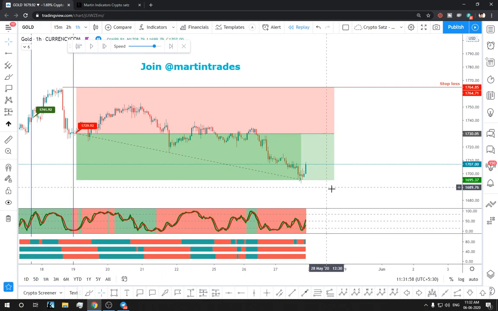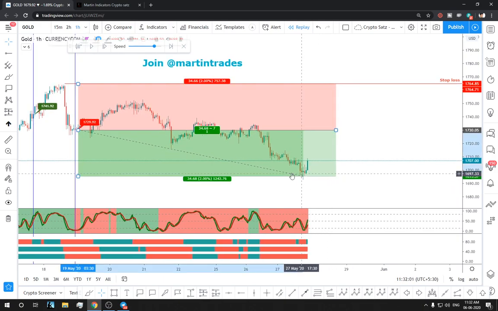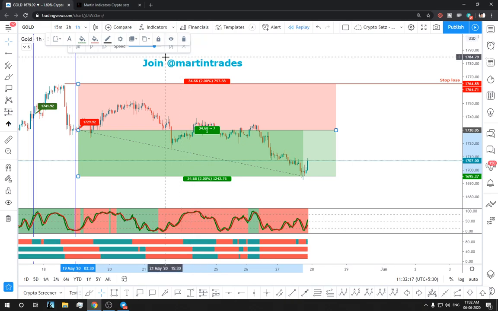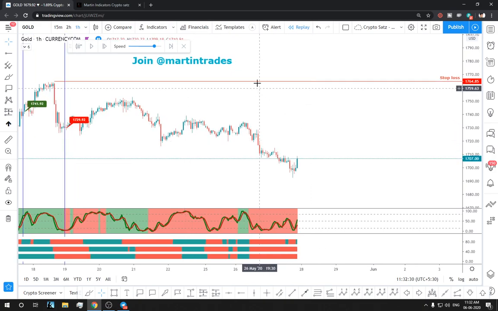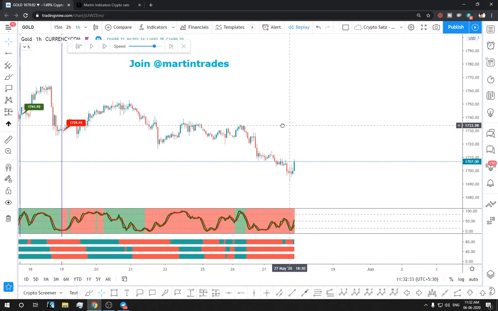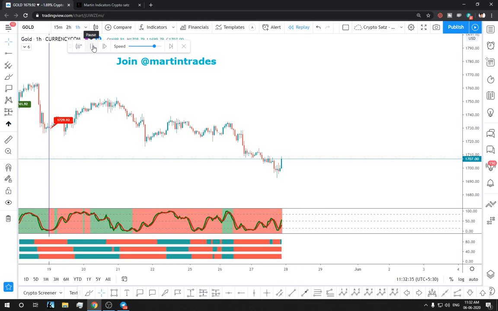Well, finally guys, finally our targets were hit, which was a very good target, which is 2%, around $30. That was a hell of a trade. So depending on your stop loss percentage, you just manage your trades, guys. Don't go big when you have a big stop loss, go big when you have a small stop loss. In this case, it has tested a lot of patience, but the targets were hit finally, and that's the best thing about this strategy, guys. So this was a good trade. As of now, we took 3 trades and we won 3 trades. So let's wait for the next signal.